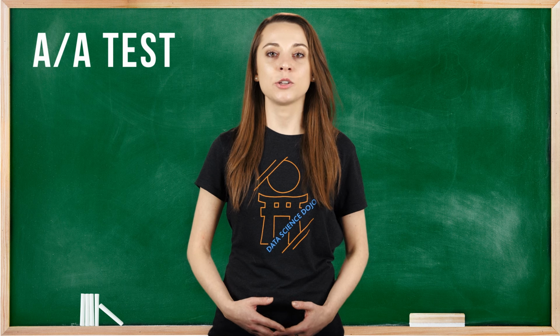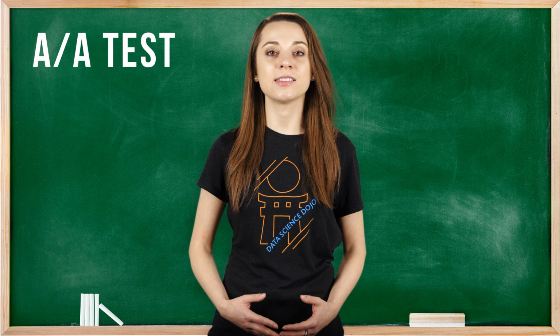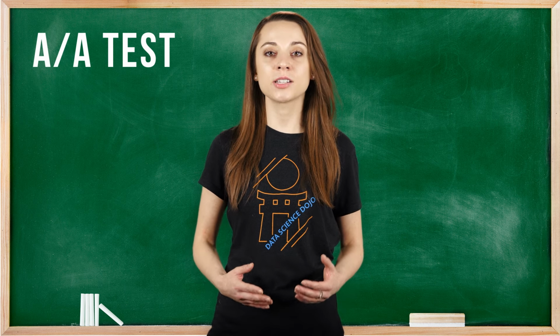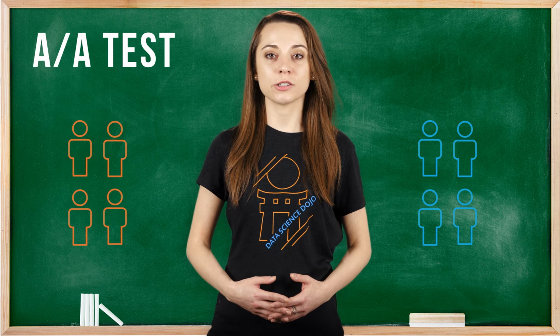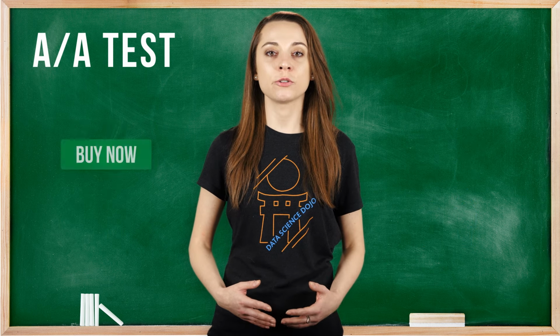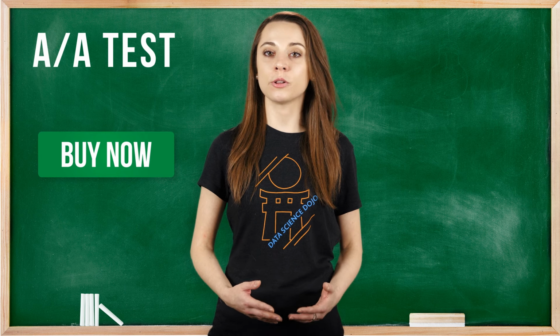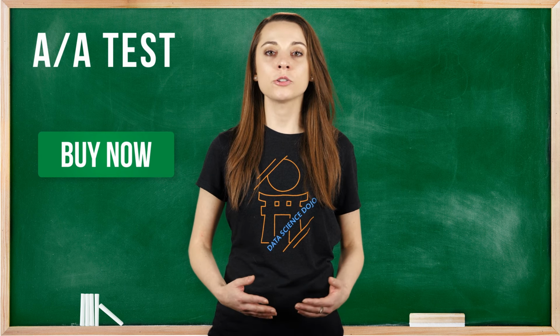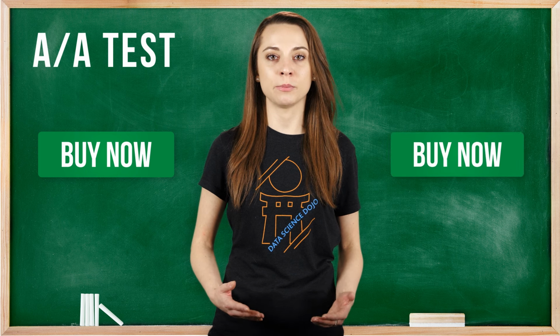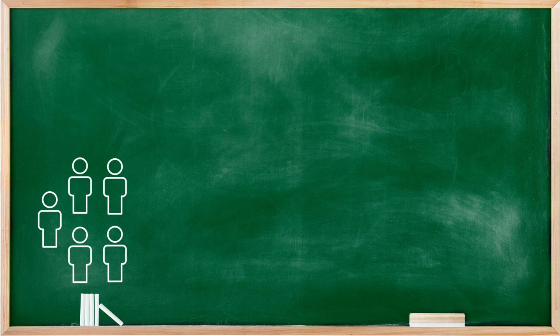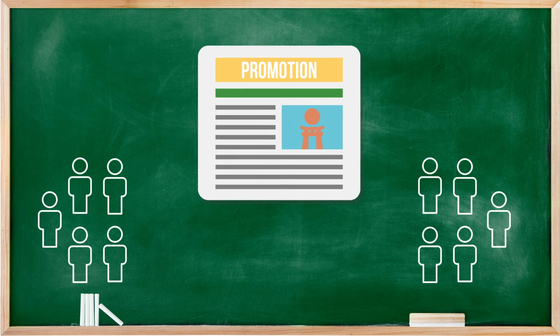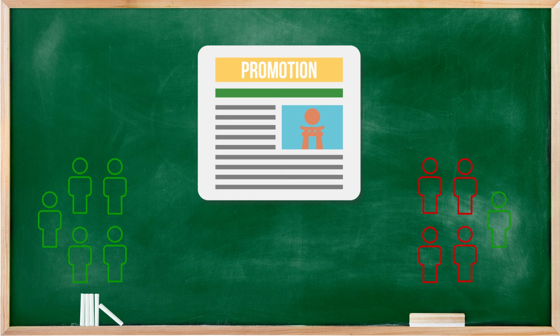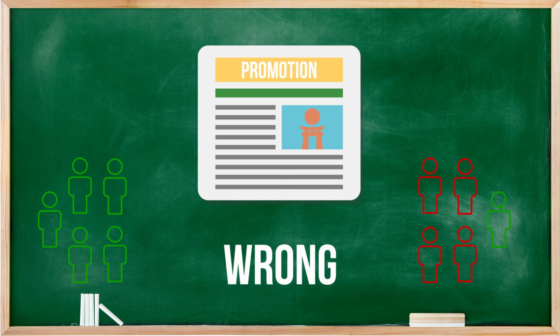As mentioned previously, you would want to run an AA test to validate the setup of your experiment by comparing the identical experience on a different random set of users. For example, your original version, version A or control, is a green Buy Now button, and your alternate version, your treatment, is also a green Buy Now button. It is good to set up an AA test to show a random subset of users the same experiment and another random group of users the same experiment. You should have different users and different data, and if it is the same experience but the metric is different, something is most likely wrong with the setup.